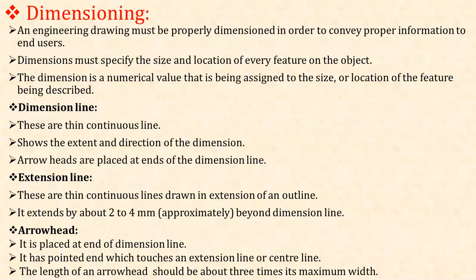Arrowhead, the indication of arrows, plays an important role. Arrows are closed filled arrows having a ratio of 1:3, that is, width to length. The designation of the arrow should be like this. Then